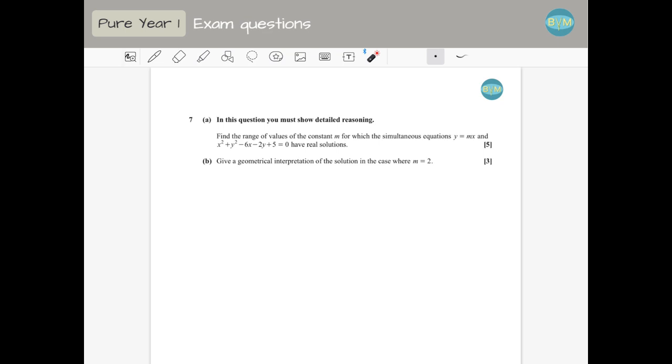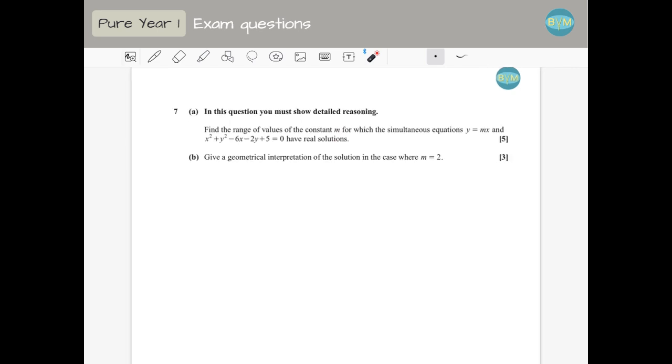Hello, this is question 7 on your OCR paper 1 from June 2022. It's the AS paper, and you have to find the range of values of the constant m for which the simultaneous equations, this one which is linear and this one which is quadratic, have real solutions. So when we have to look for the solutions